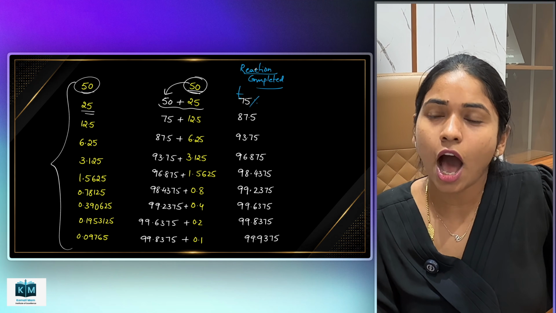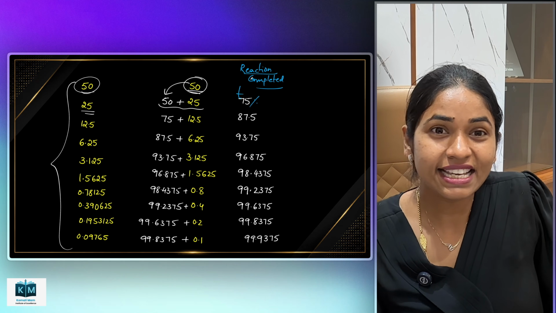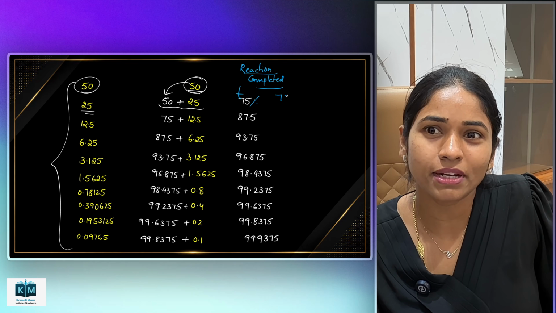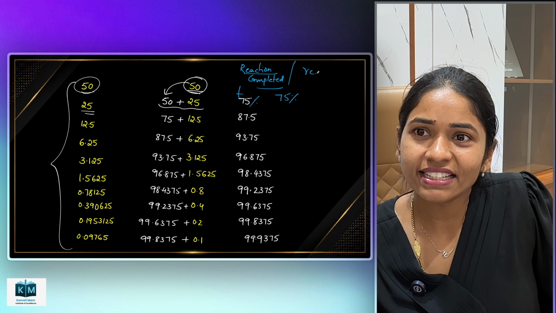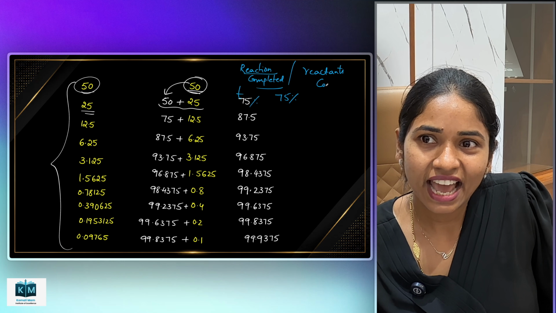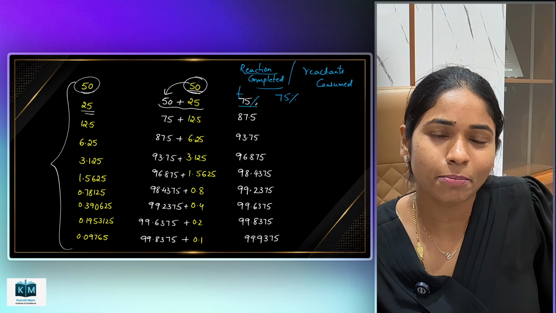If they ask how much amount is consumed, it is also 75%, nothing but 75% of the reactants consumed. If they ask in the question how much reactants are consumed, 75%